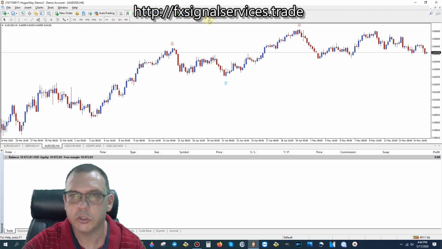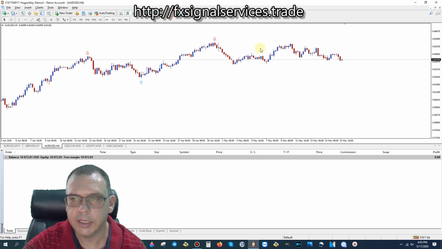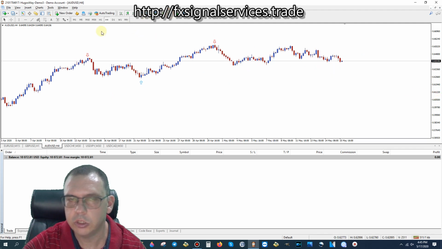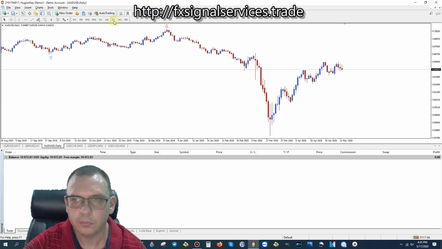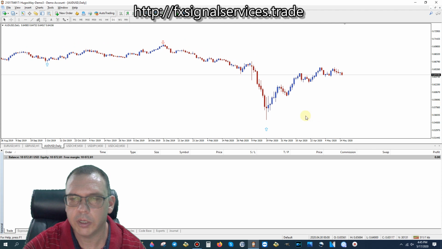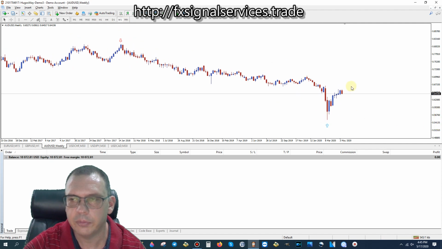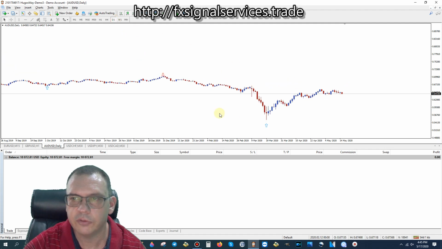Now if we look on the 4-hour chart, we see that we have a red arrow but never formed a blue arrow. So with that said, you know, it should be dropping some more. But then again, you know, it's been bullish for so long, okay? The daily chart and the weekly chart both show to go up. If I look at the weekly chart, it's going to show you basically the same thing. So right now it's really, really difficult to say if it's going to go up or it's going to go down. But if we look here,